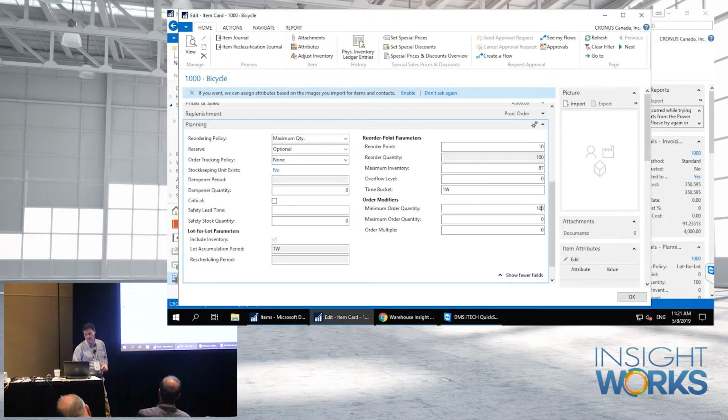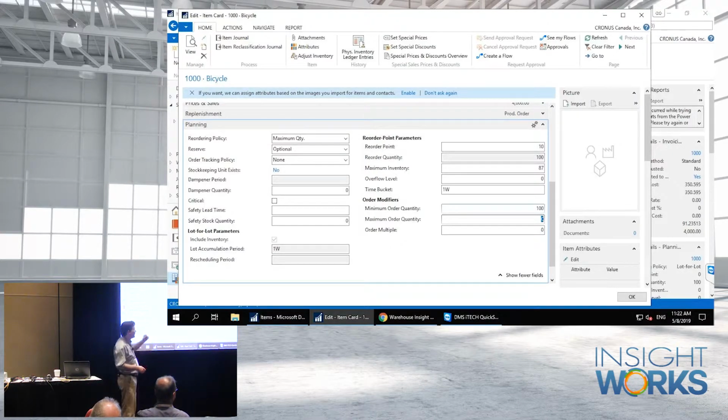And these things can get a little bit weird, right? Like if I set a minimum order quantity of 100, that configuration doesn't really make sense. I mean, it'll work, but it doesn't make sense because my max is 87, and if I get to 10, I have to order 100, which puts me over my max. It doesn't make sense necessarily. Unless my orders are always in blocks of, you know, 80 or something like that, then it might make sense. If you're ordering truckloads, yeah, I know, but just what I meant was I wouldn't have a max of 87 and a minimum order quantity of 100, right? Because I'm likely always going to go over my max when I place an order,